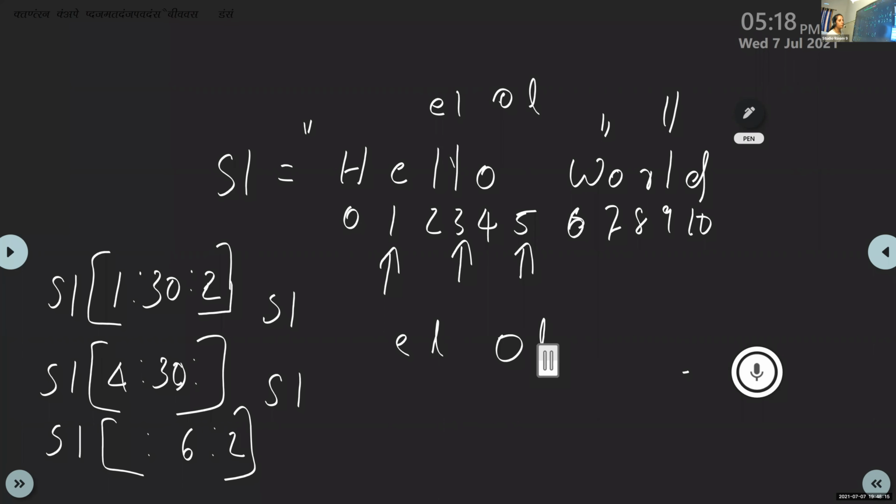Ma'am, you counted like 1 plus 3, then 3 plus 5, like that. Yes, here we are using step value as 2. So we add 2 to this start value. Start value is 1. We add 2 to this one, so the next value is 3. After 3, 3 plus 2 is 5. 5 plus 2, 7. 7 plus 2, 9. Just like that.